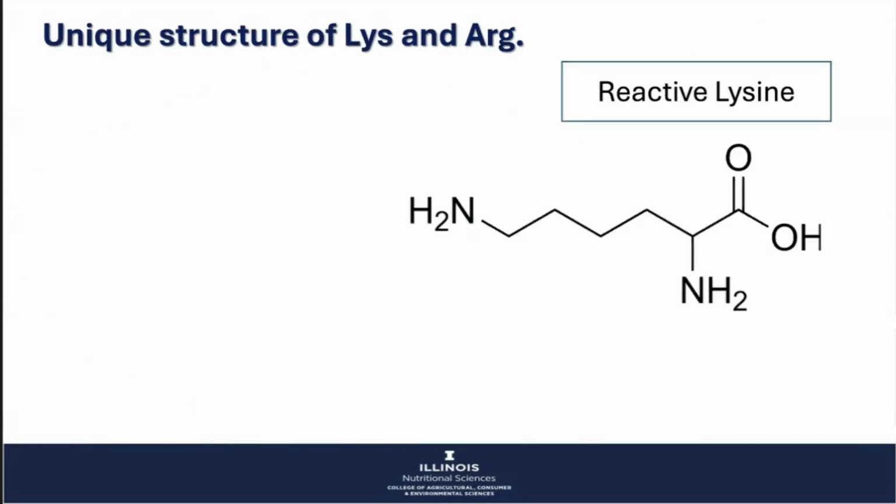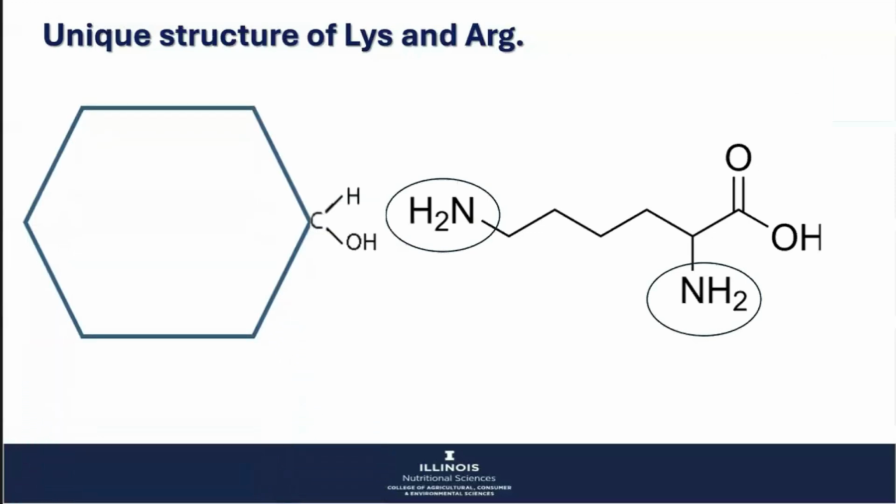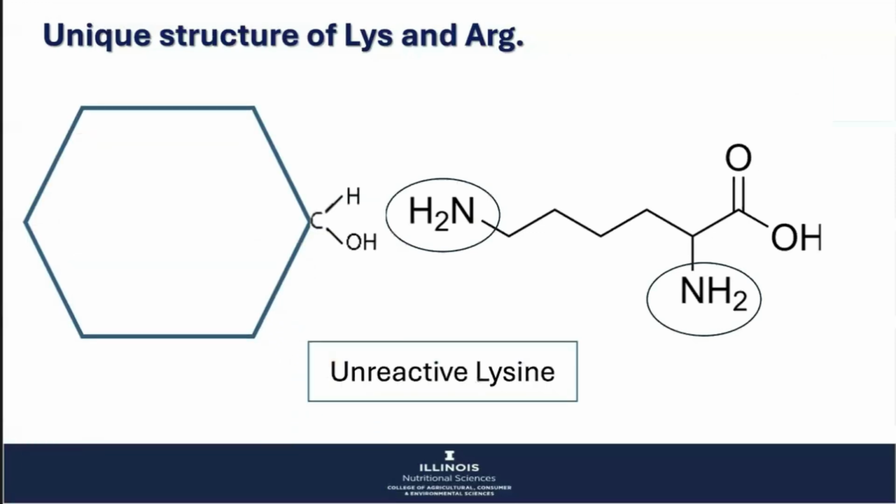But why? This is the chemical structure of lysine. It is also known as reactive lysine, and is the lysine that the animal uses for protein synthesis. Lysine has two amino groups. This is the first amino group that binds another amino acid to form protein, and this is the epsilon amino group, which is free and can bind to a reducing sugar. This new structure is known as unreactive lysine, and this unreactive lysine cannot be used by the animal for protein